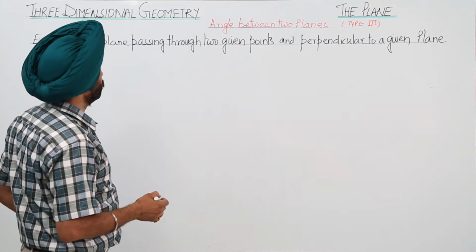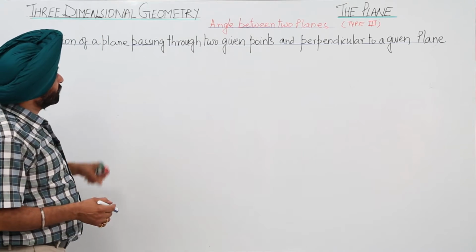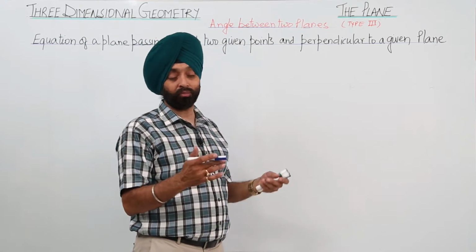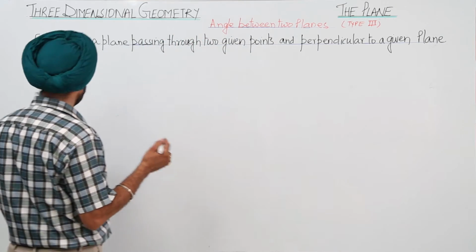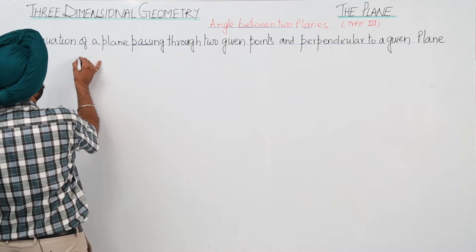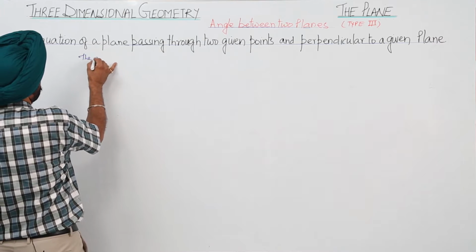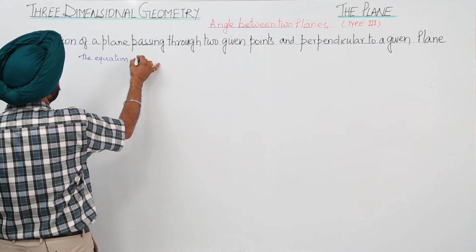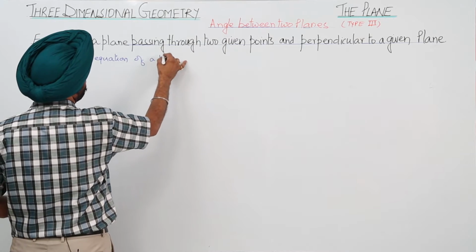Now the third type, that is the equation of a plane passing through two given points and perpendicular to a given plane. Now let's see what the formula for this part is. Now the equation of a plane,